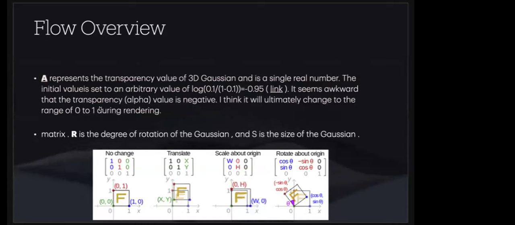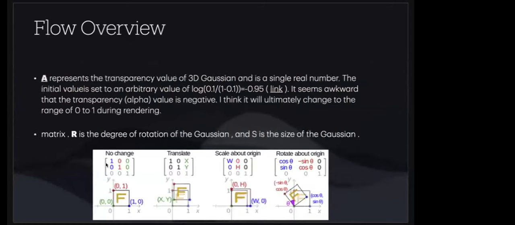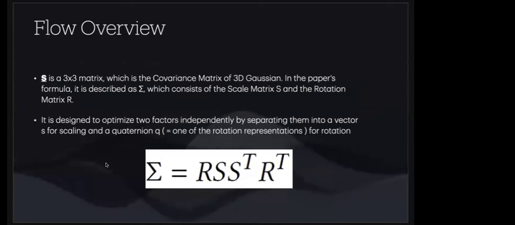So R in this case is a 3 by 3 matrix, but it uses a quaternion of 4 variables, which is converted to a rotation matrix. So now you can predict four variables. S is also a 3 by 3 matrix, but it has a structure that copies a vector of 3 variables, so now you can predict 3 variables. The reason why S transpose R transpose is there, the transpose of R and S, is additionally multiplied is because the covariance matrix has a symmetric property,